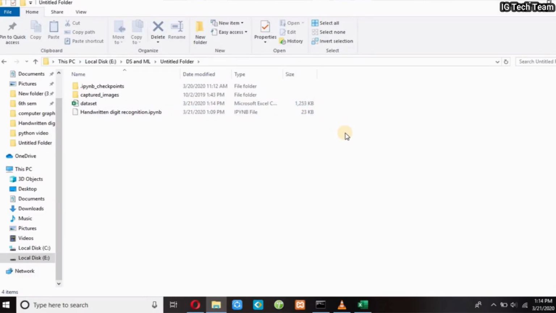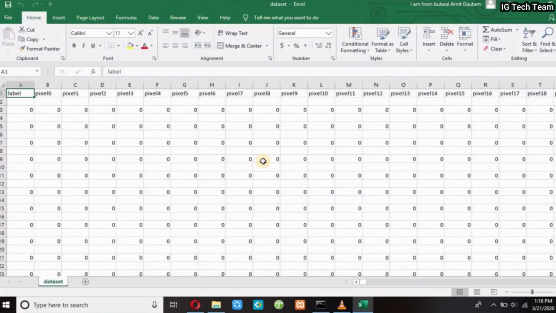Now it is generating my dataset. You can see in this path the size of the dataset is continuously increasing. I have created my own dataset. I haven't used the dataset that we can find on the internet. That dataset may not work properly if you want to predict live, meaning draw an image and at the same time predict it. Now let me open this. Great, this is my dataset.